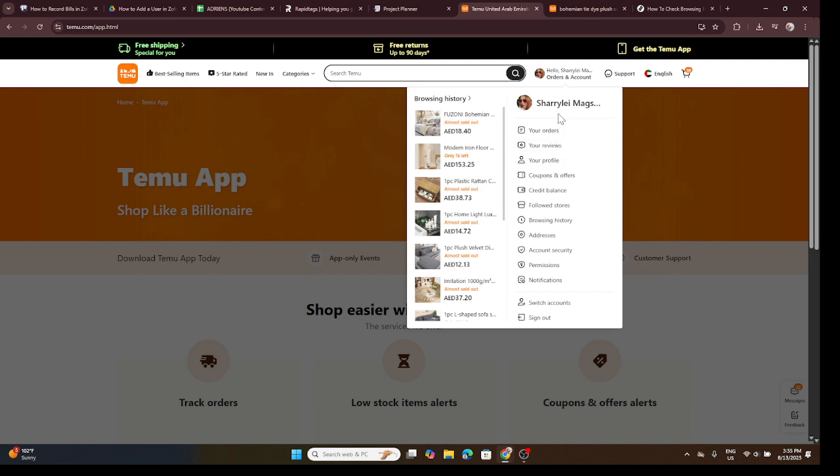First, direct your attention to the app interface and identify the main navigation menu. You might see tabs like Home, Categories, and Account. Our interest lies within these tabs. Spot the tab labeled Account. It's usually found towards the bottom of your screen, but the placement might slightly vary depending on updates or the